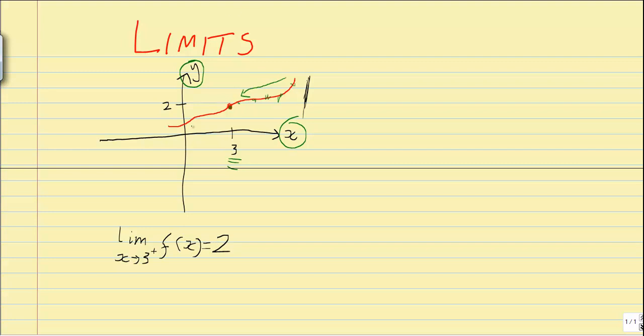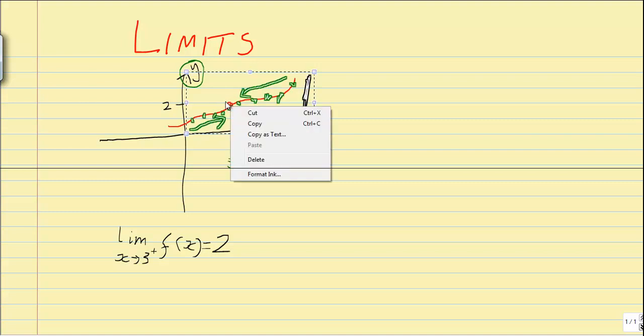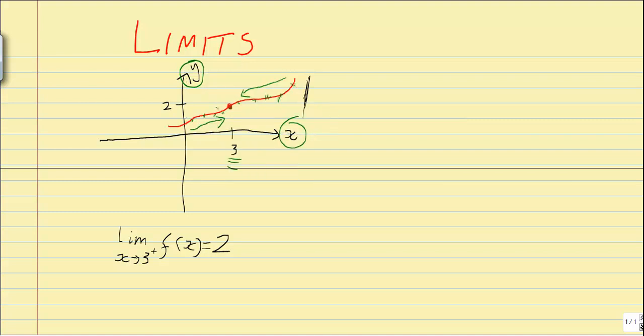Now I'm going to do the exact same thing, but I'm going to come up from this direction. I'm going to come up from the negative side. And you can see the same thing. Our y values are getting closer and closer to 2, which they end up reaching right here. So now from this, I can say the limit as x approaches 3 from the negative direction of this function